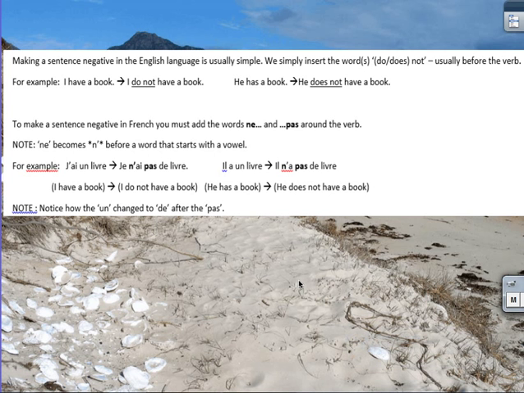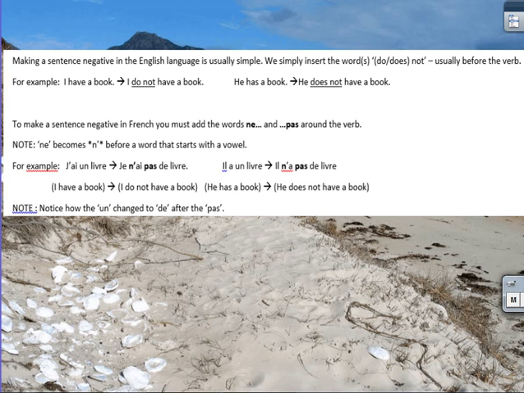It's usually pretty simple. We just insert the words do or does and not, and then you usually put it before the verb. So you change a sentence from I have a book to I do not have a book, or he has a book to he does not have a book, and that makes the sentence negative. In the French language, however, to make a sentence negative, you have to add the words ne and pas. And the really strange thing about the words ne and pas is that they have to go around the verb